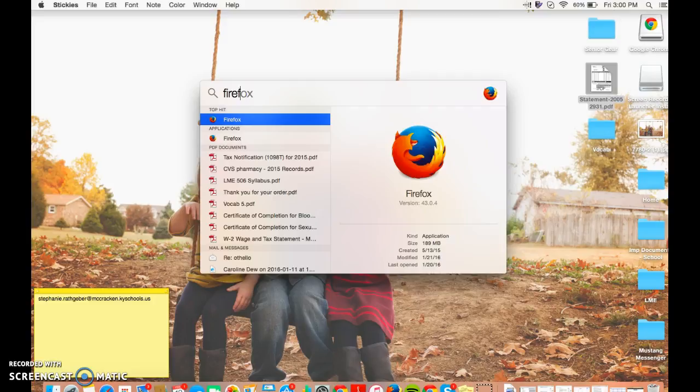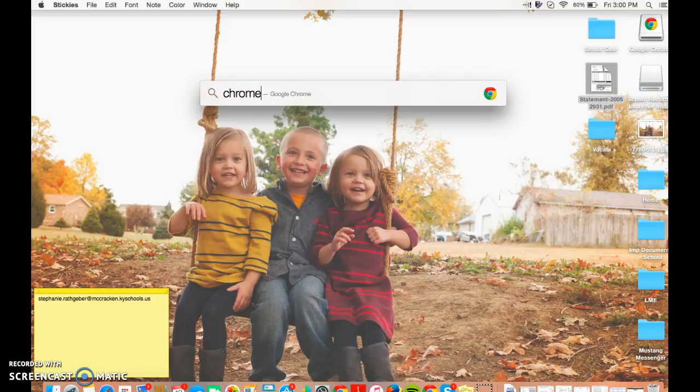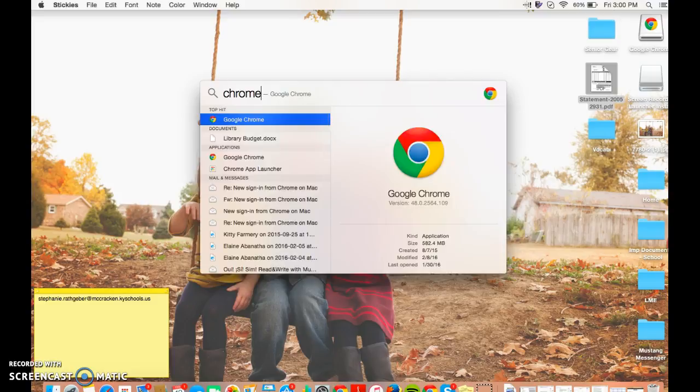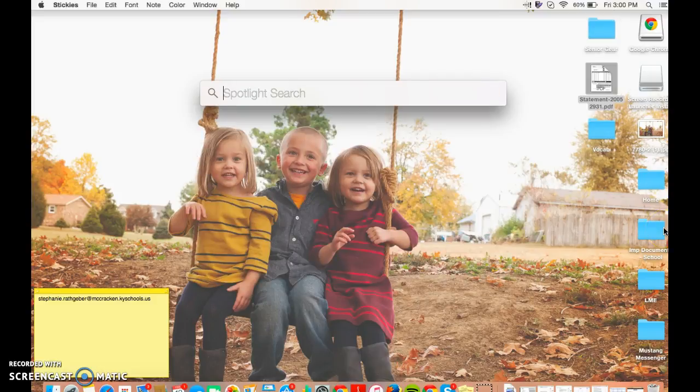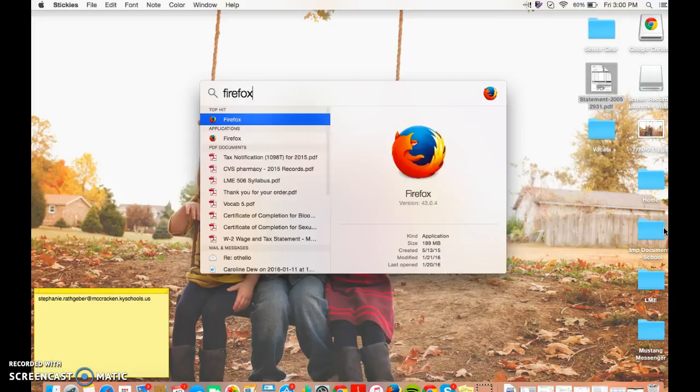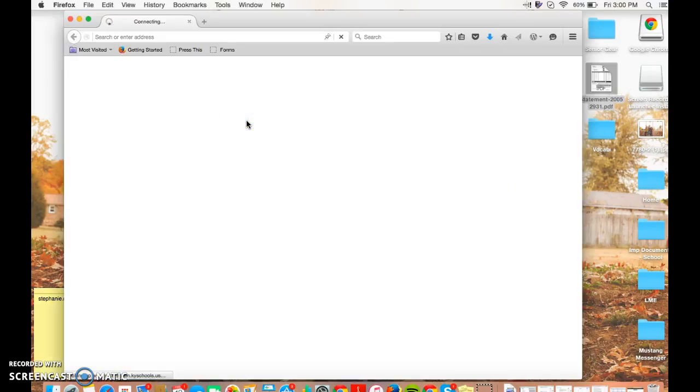Now, another option for you is Google Chrome. If you haven't downloaded Google Chrome, which was not originally put on your computer, you would have to do that yourself. I highly recommend it. There are a ton of apps that are specifically for Google Classroom within Google Chrome that are completely free for you to use and great resources for you and your students. In the meantime, we're going to work with Firefox because that is what the majority of you have and what you'll be working with. So you're going to open up a Firefox browser,